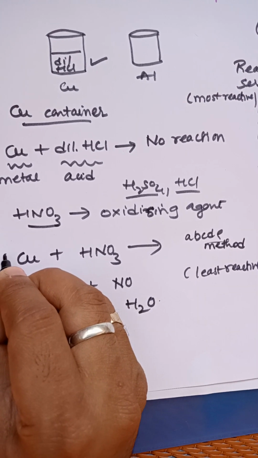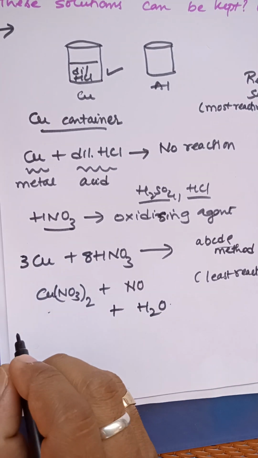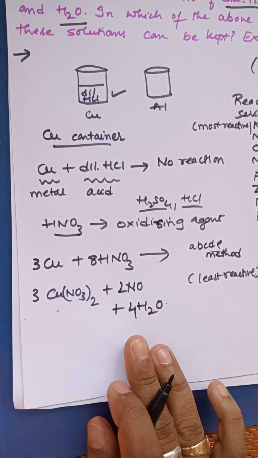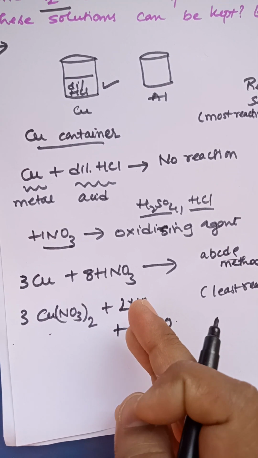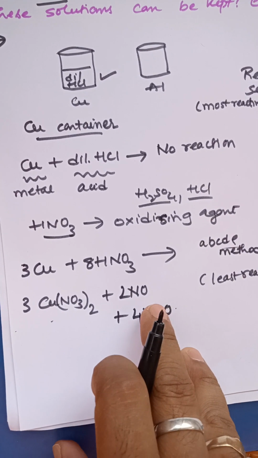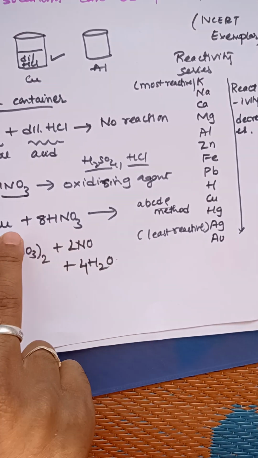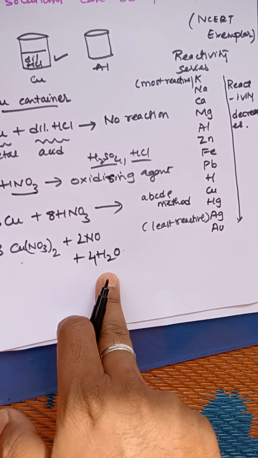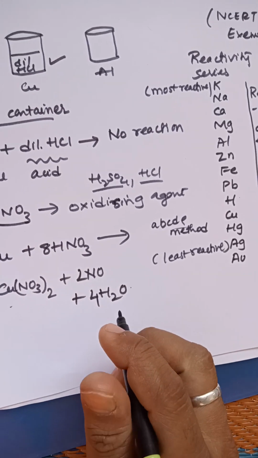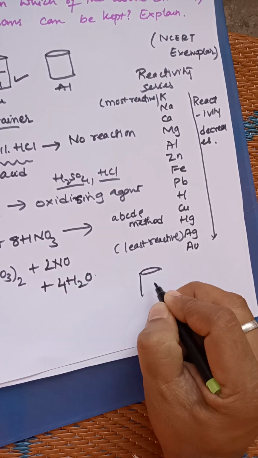Now I would just write the balanced chemical equation directly by writing these numbers here. If we try to balance this equation in this particular video, it itself will take around 4 to 5 minutes. So for that reason, I would be providing you a link of a video wherein I have balanced this chemical equation by using the ABCD method. Please look into it. Now, because there is a chemical reaction between the nitric acid and copper,